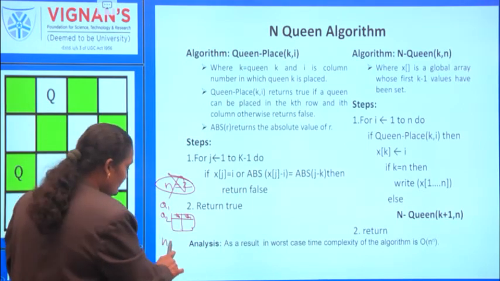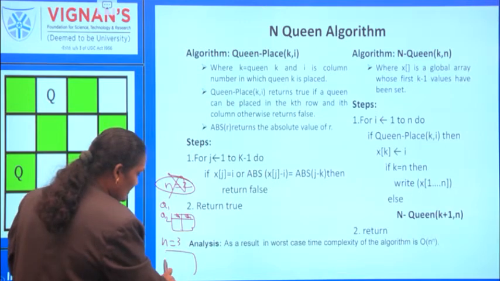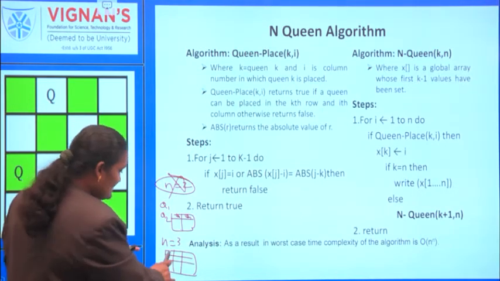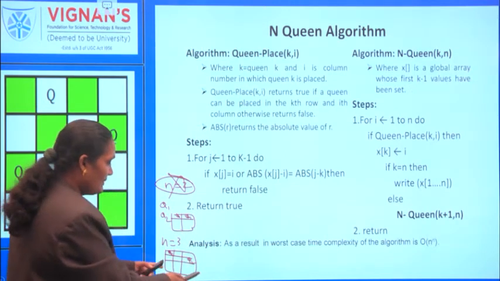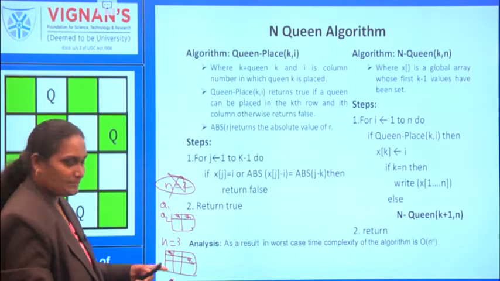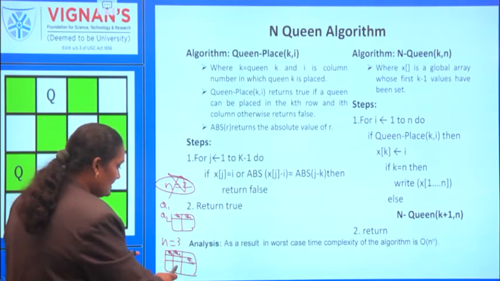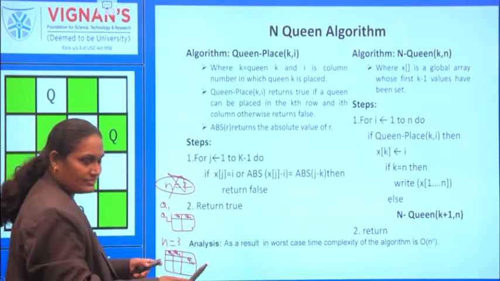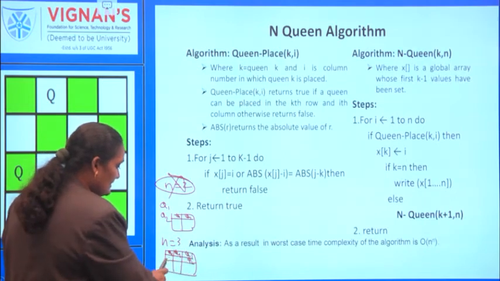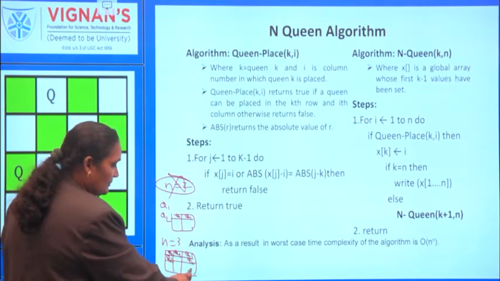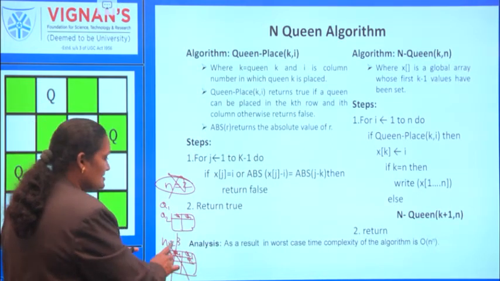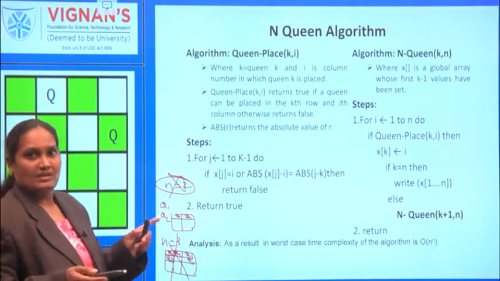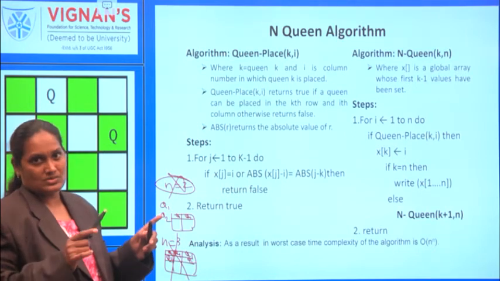In the same way, if you take n equal to 3, that is you are given 3 queens and a 3 by 3 chessboard. If you place queen 1 here, you have a position for queen 2 here, but there is no place for queen 3. If you place queen 1 here, there is no place for queen 2 itself. If you place queen 1 here, there is a position for queen 2 here, but there is no place for queen 3. So n equal to 3 also does not have any solution. From n equal to 4 onwards, we have the solution.